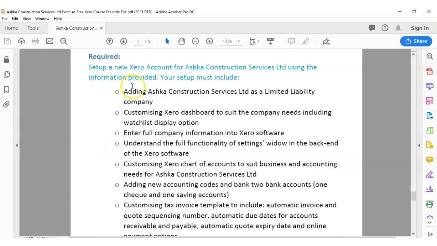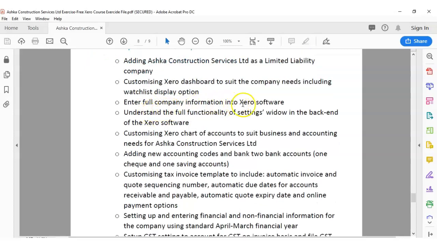And here are the requirements. So the first thing is that you need to set up an account. Set up a new Xero account for Ashker Construction Services Limited using the information provided. Your setup must include adding Ashker Construction Services Limited liability company, customized Xero dashboard to suit company needs, including watch list display option, enter full company information into Xero Software, understand the functionality of settings window in the back end of the Xero Software,